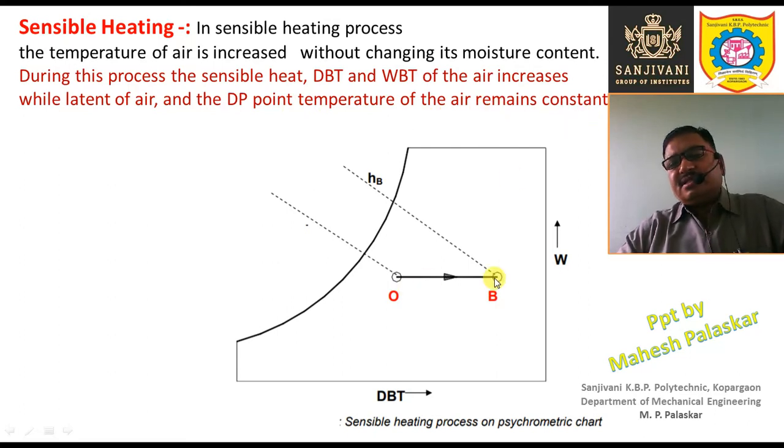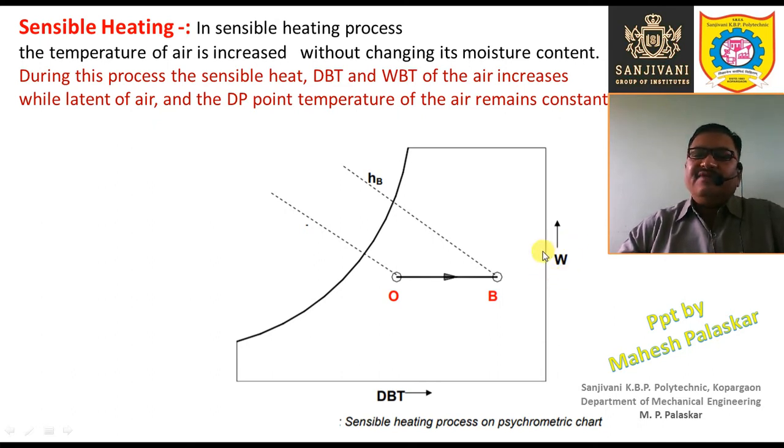Latent heat is remaining constant because only sensible heat is added, right? Because there is no increase in the specific humidity. Remember, in psychrometry, the latent heat changes only if the specific humidity changes, right? So specific humidity is the real measure of the moisture content. I am not talking about relative humidity. Relative humidity may change because it is relative. It is referred to the temperature, but the specific humidity gives the actual moisture content, right? And therefore the latent heat is increased or decreased only when the specific humidity is increased or decreased, right?